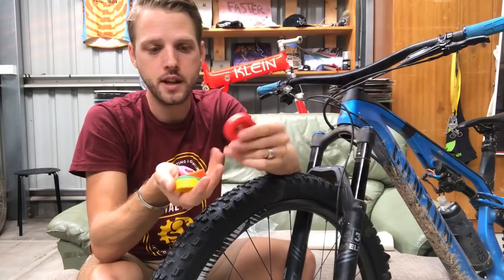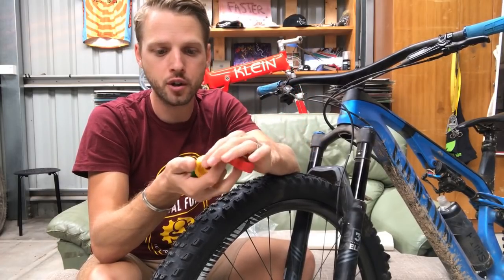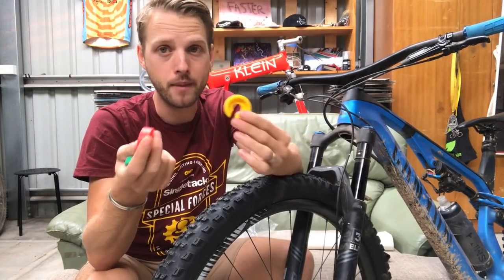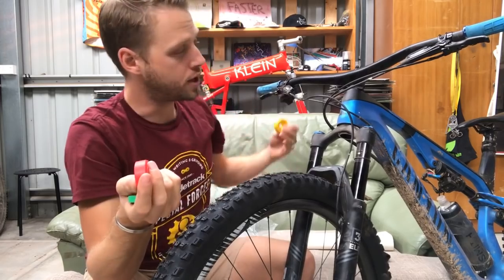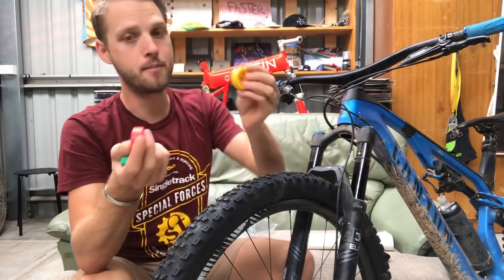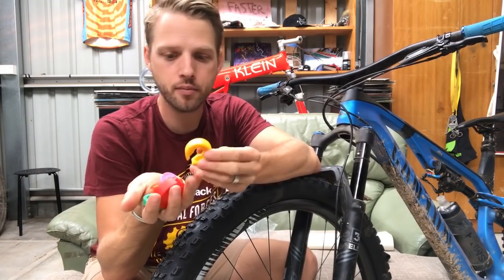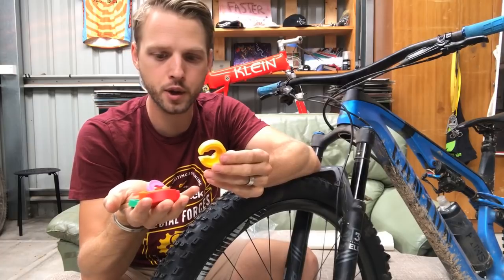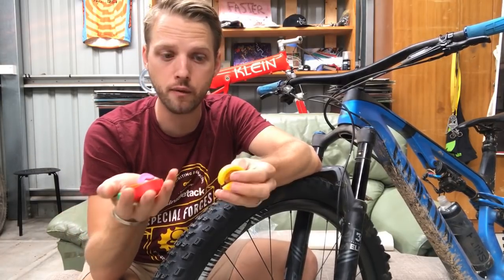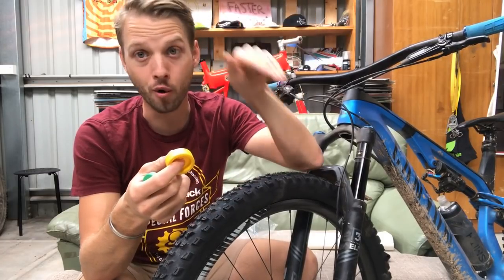So these are designed to go inside a Fox rear shock. There are several different kits available depending on the shock. Now, if you've got a Float DPS, which this Canyon does, this shock on the back here, this is the kit that you're after, and this was the kit that I requested. So this is really useful for me to have in the workshop, especially when test bikes turn up and I need to change the volume on the rear shock because it's either too progressive or it's too linear and